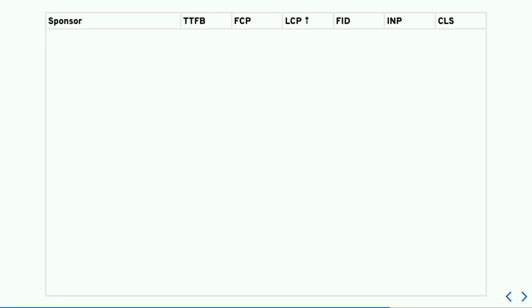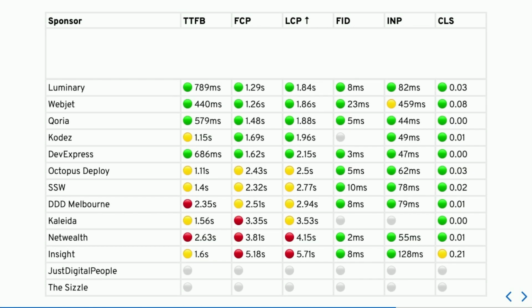I'm going to track these metrics by LCP because anecdotally that's kind of the most important score generally. So, ordered by LCP. I'm just going to throw all of the lower scores up on there. There's some interesting results there. A couple of websites there at the bottom don't have any results.